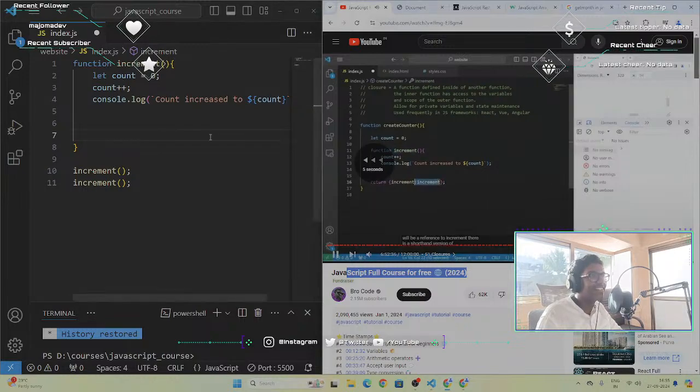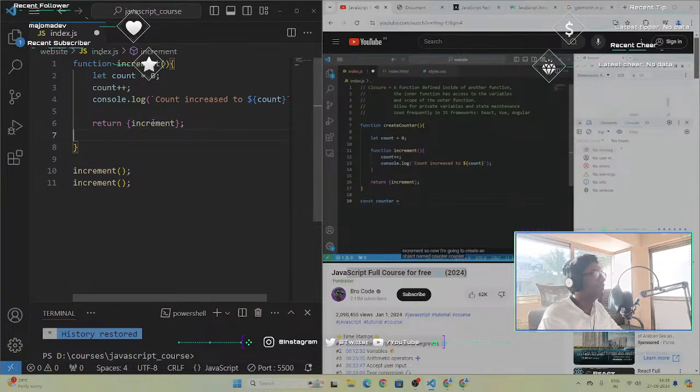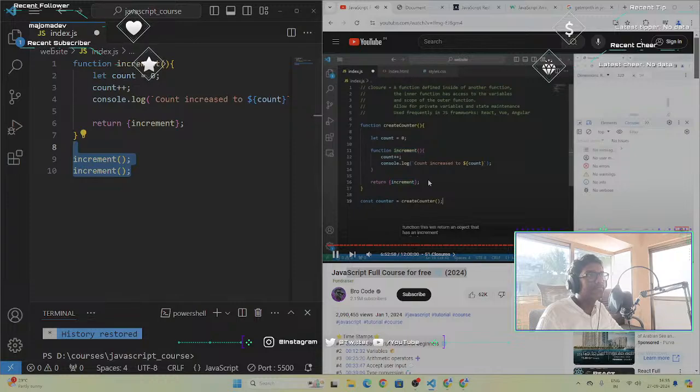So now there is a shorthand version of this. You can just use the function name as a property. We're returning an object with a method of increment. So now I'm going to create an object named counter. Counter equals invoke the create counter function. This will return an object that has an increment method. So I'm going to take our counter object, use the increment method. Count increased. And that way there's no way for us to access the count variable, but yet at the same time,